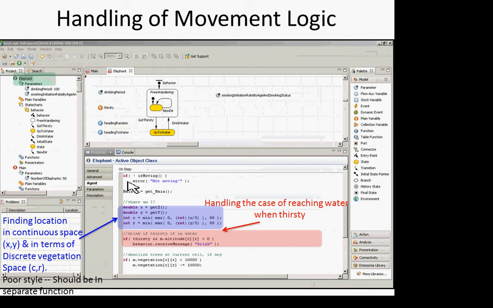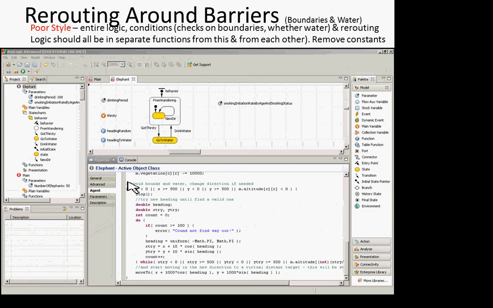This code is much more crufty than it needs to be. We could do this much more easily with on arrival. You just head towards the water. When you get there, you drink. I guess the one exception to this is if you head to water and you're blocked by something. So they actually have something in this code that routes them around barriers. So if they reach water before anticipating it, curiously enough, I think they just try to continue on